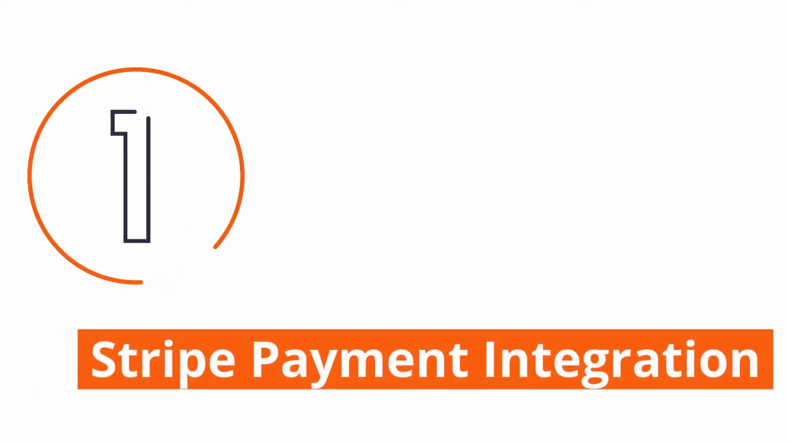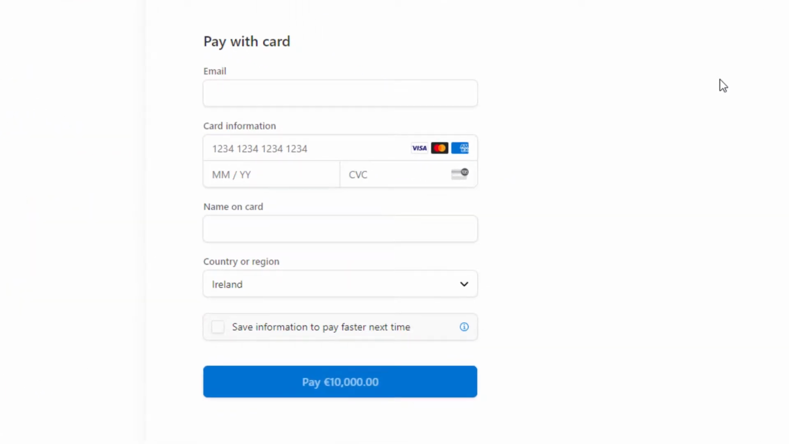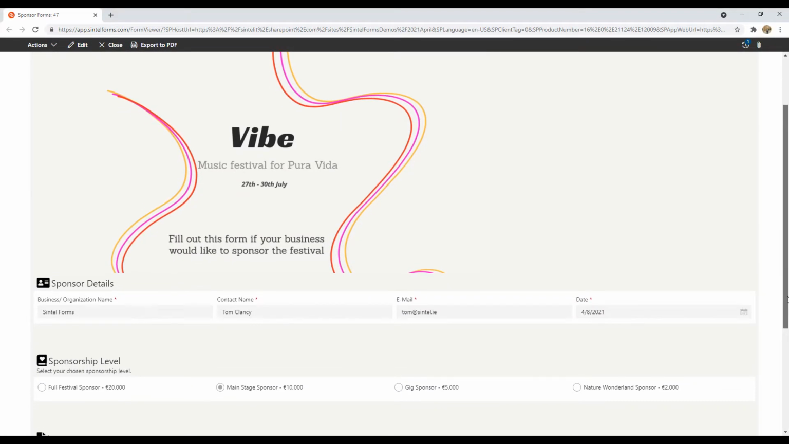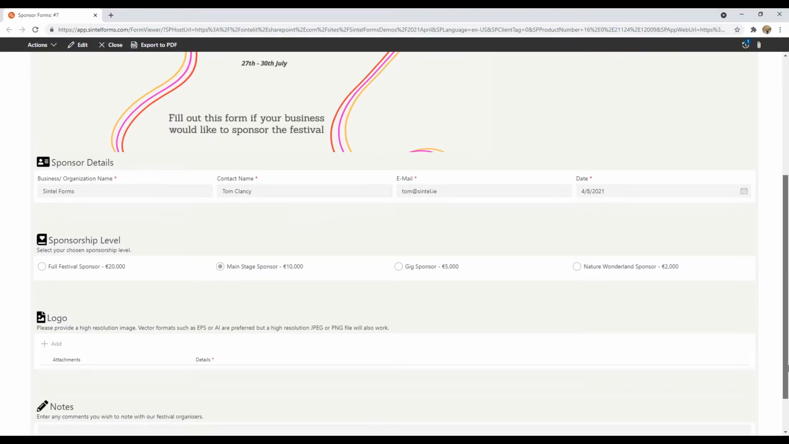We are really excited to announce that you can now link your Stripe account with your forms to enable you to take payments from your customers. If your customers need to pay you for goods or services, you can now accept those payments securely online via Stripe. You can now see on this sponsorship form that the sponsor can quickly and securely pay their promised sponsorship